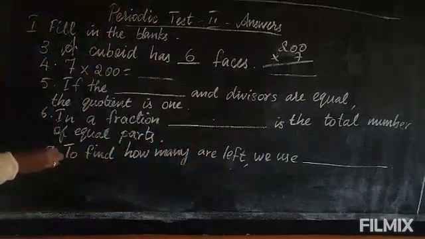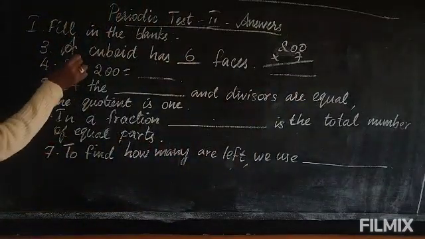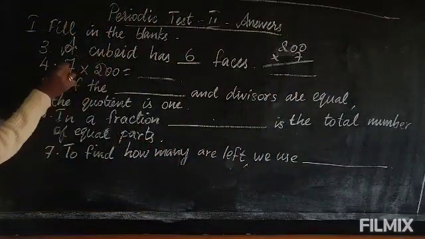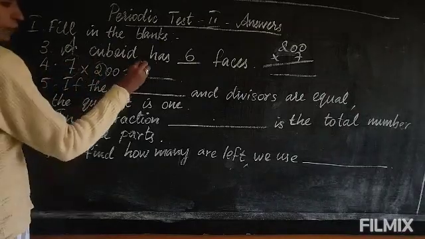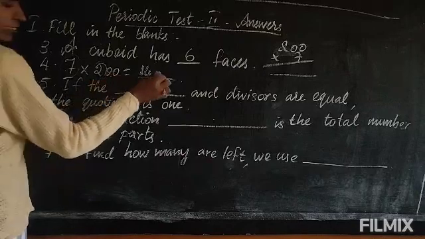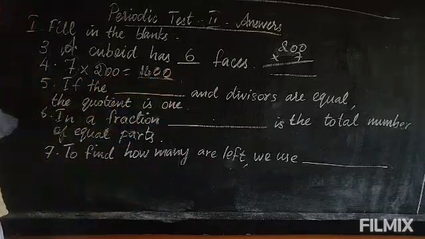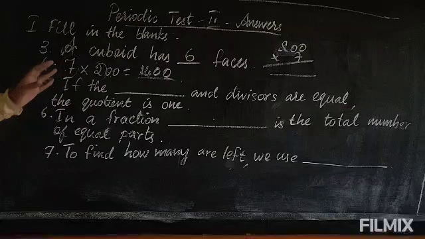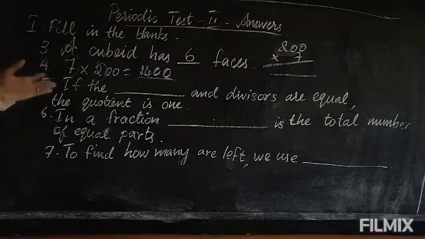Already I have taught you an easy method. Only multiply the numbers. Here 7 is there. Here 2 is there. Only the numbers you multiply. 7 2s are 14. And you count the zeros and write. Here 2 zeros are there. Just insert those zeros at the back. So the answer is 1400. This is a shortcut and in filling the blanks and all, you have to follow this method.